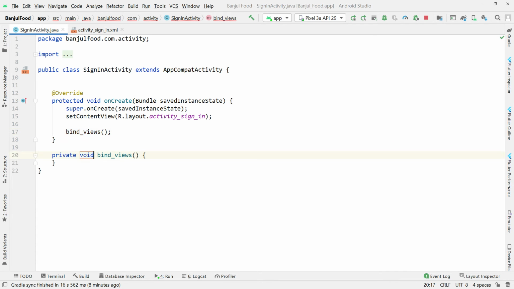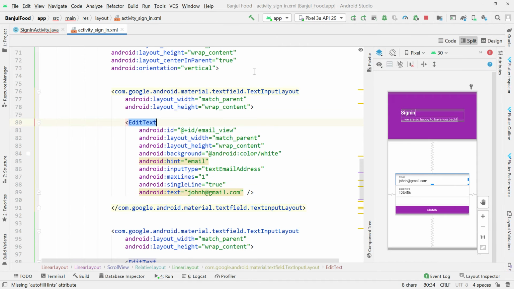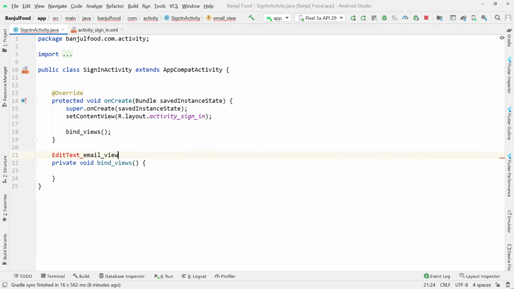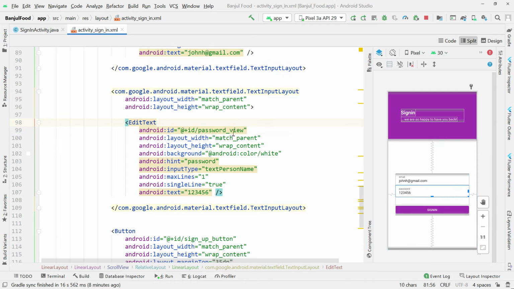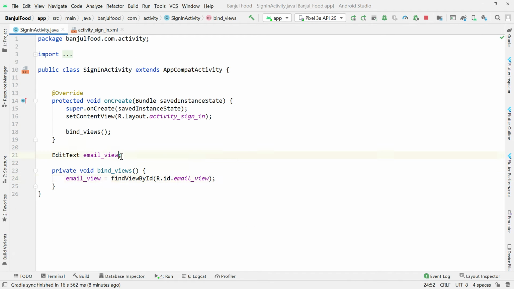Alt and enter to create it. So I'm just going to create here an EditText. It's going to be the email view, is equal to findViewById R.id.email_view, and then the password to be like that. Okay, so after doing that, we can